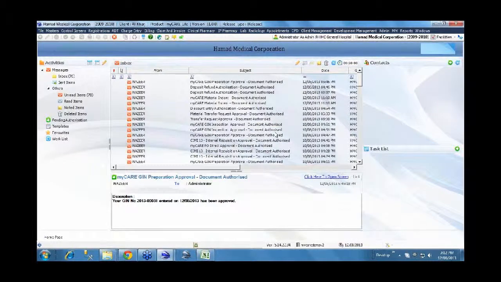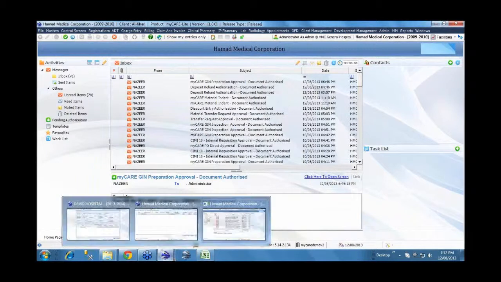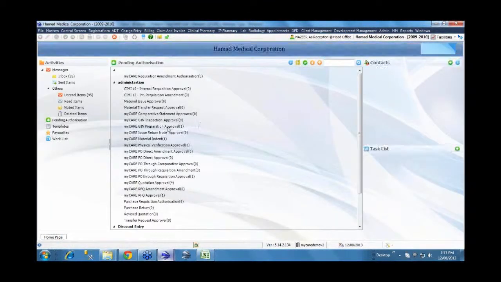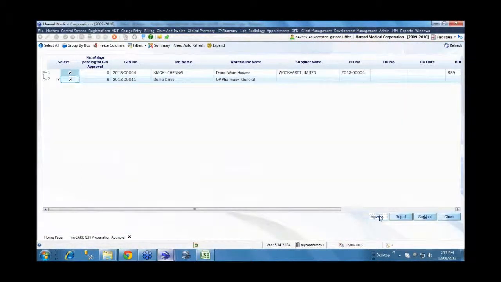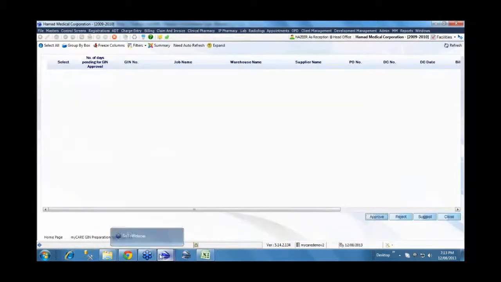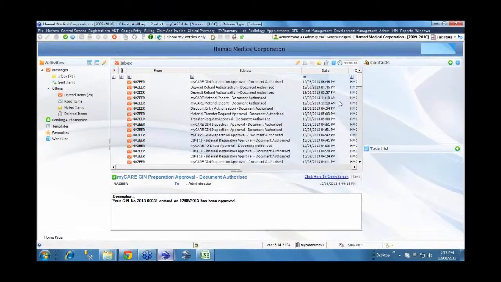Here again you can define which of the items require inspection and which don't, and accordingly whether you need a two-step process of receiving the material and also having an inspection entry done for that material after you receive it, or whether it can straight away update the stock. Only after the inspection entry is made and approved will the stock be updated for that item. So this is the end-to-end flow, starting from purchasing till this.